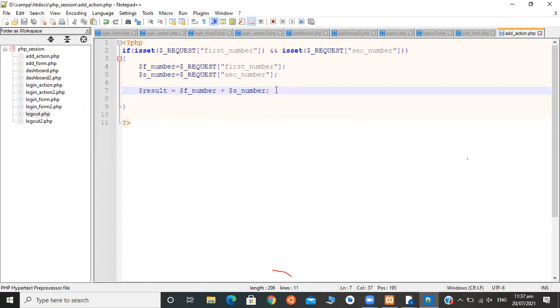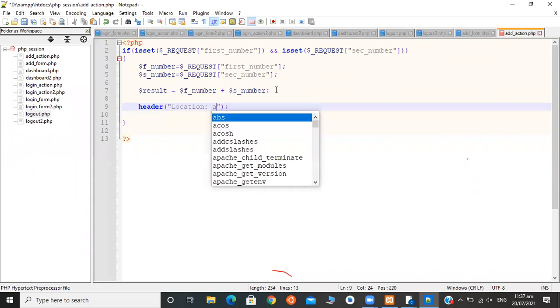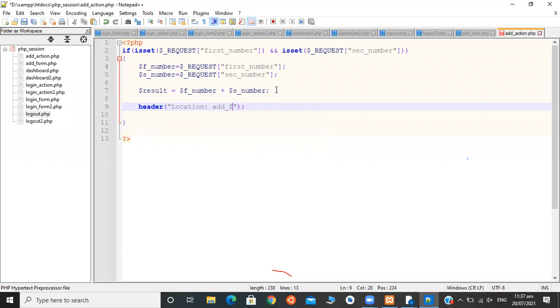After addition, what I need to do here? I need to send this data to add form.php to show the data on that form. Okay. So next, I need to give header, Location, add form.php.